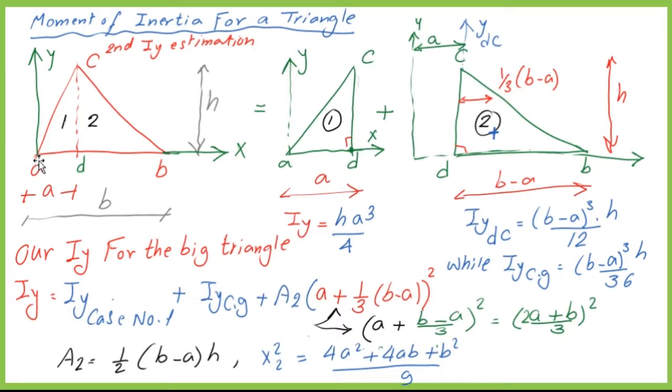They are intersecting at point A of that triangle. We can consider that this triangle is composed of two right-angled triangles. One is number 1 and the other one is called number 2. For triangle number 1, the X and Y axes intersect at point A, while for the other one, the intersection of the Y axis and X axis is apart from the line CD by a distance equal to A.